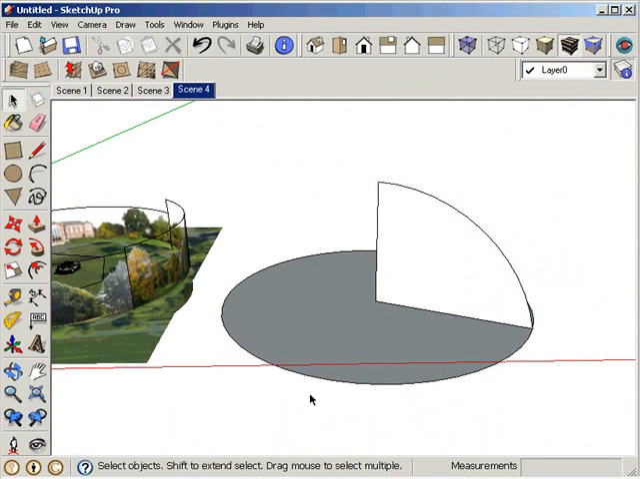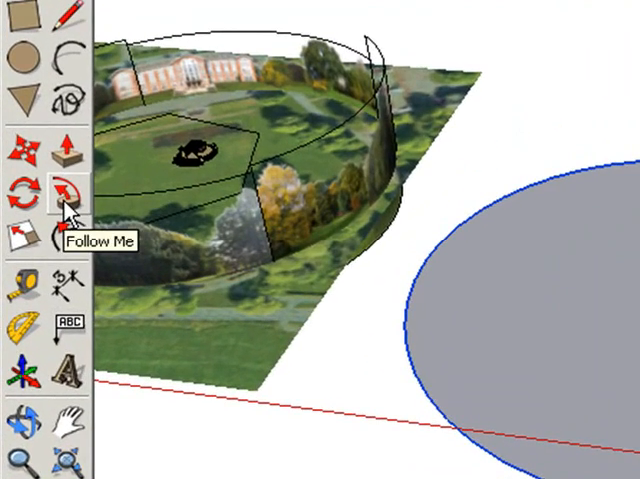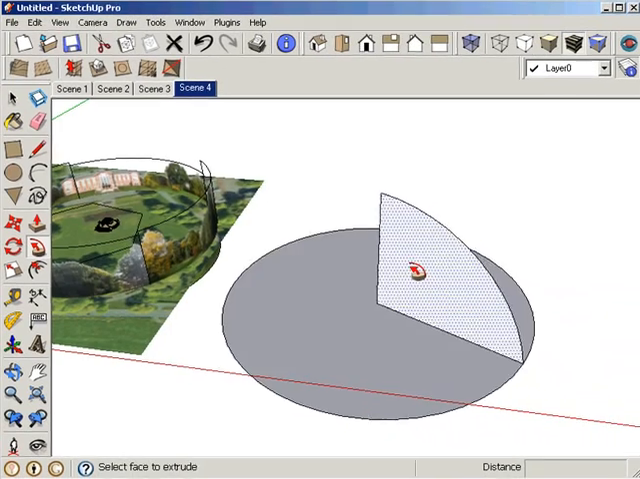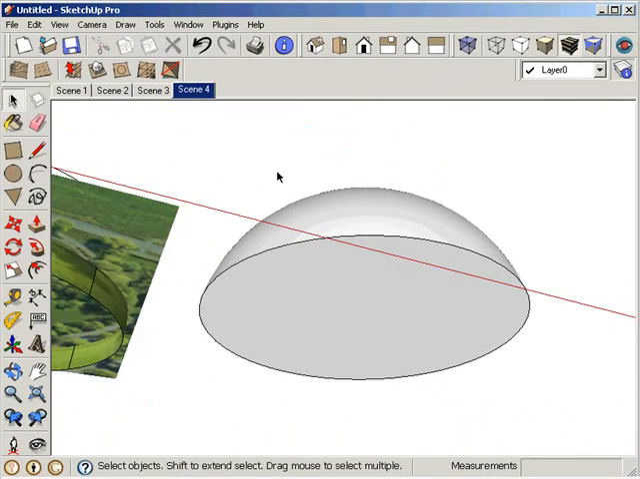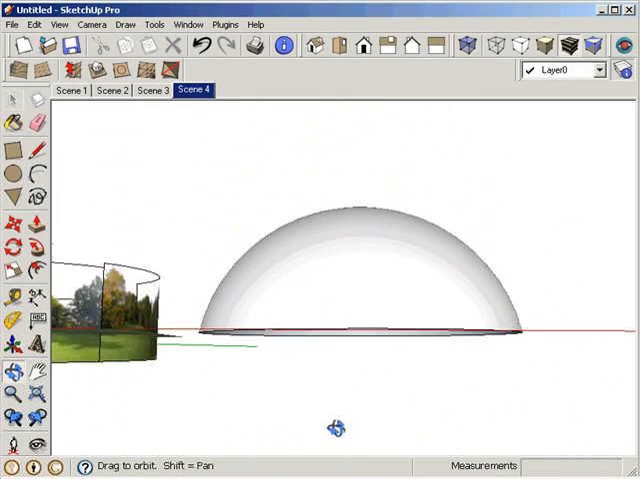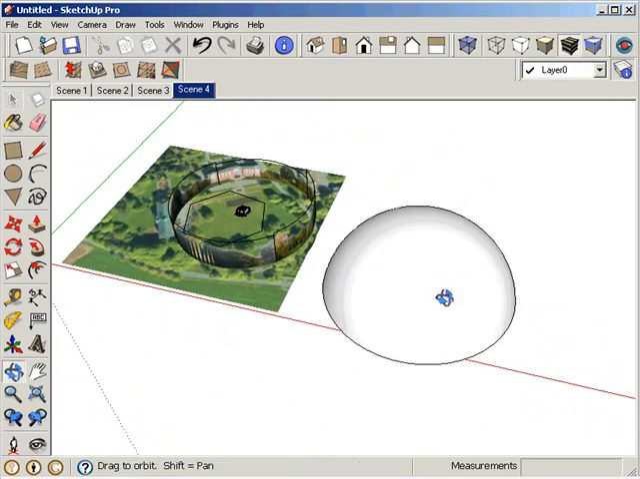And then I'm going to use a new tool. This is called the Follow Me tool. I select the borderline first, and then I go to the Follow Me, I select that part, and then it will follow up that edge and it creates this kind of a form. So a dome is created, I take the under part away,